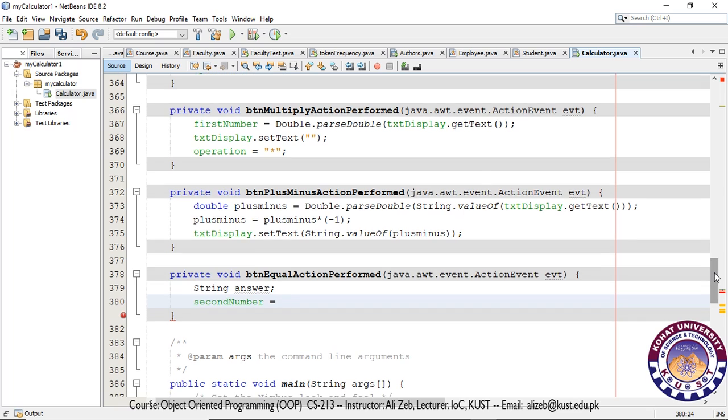When we click on the operations button, whatever the operation was, the text in the text field area was stored in the first number. Now when we click on the equals button, the text in the text field area should be stored in the second number variable. So we can simply copy and paste this code, since this will only be after we have chosen or clicked on the